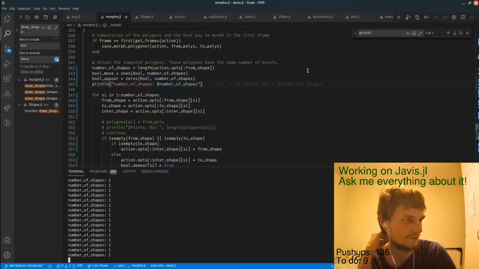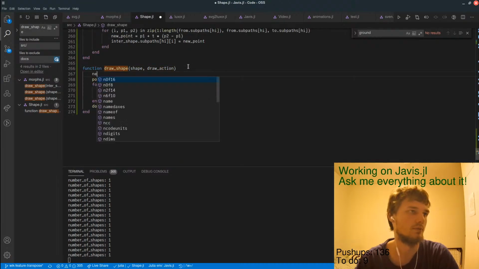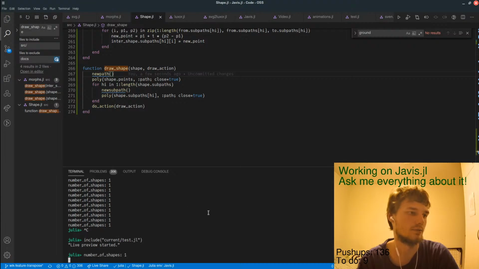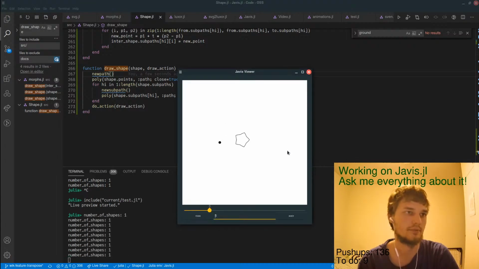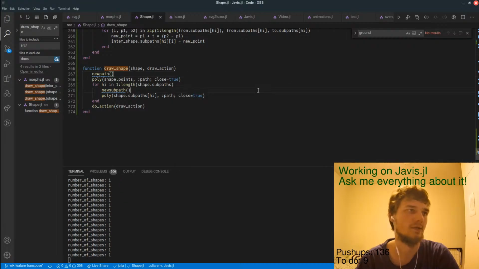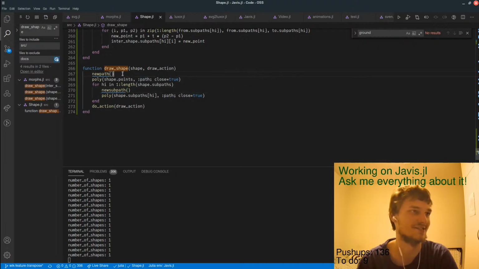If we have only one shape, how can two be drawn? Or maybe we need something like this. Yeah. Okay. Sorry, it's good that we have these test cases.